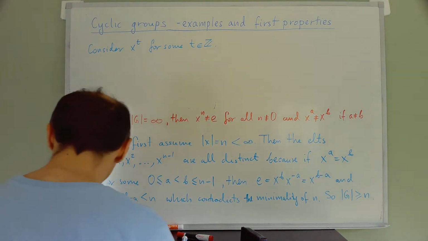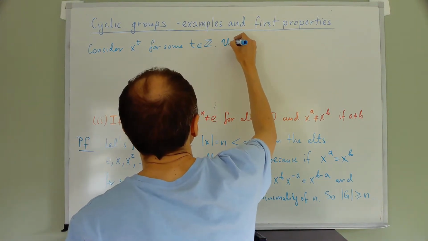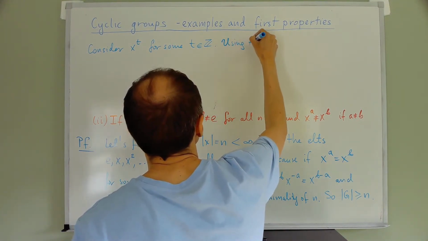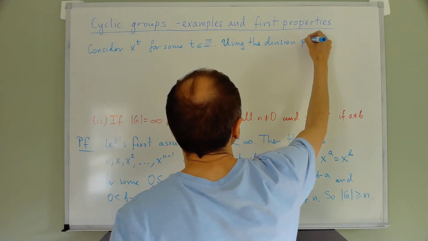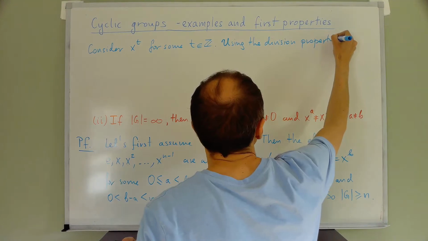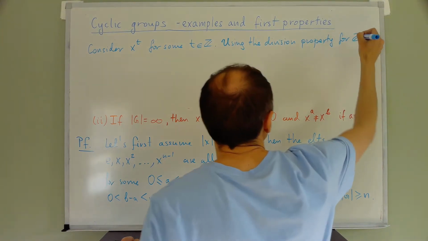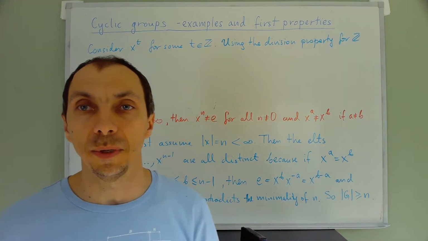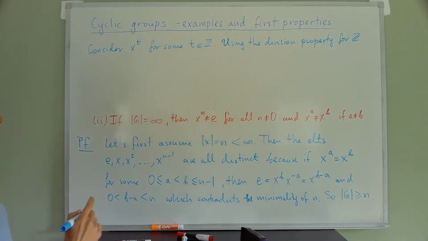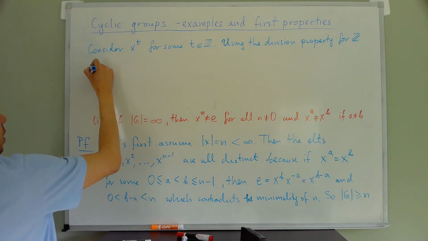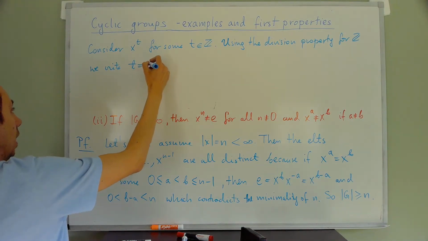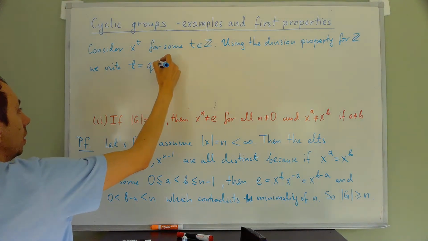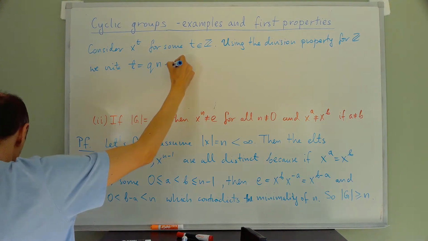So then, using the division property, look how this all comes together. For Z, this is some of the things we talked about at the beginning of the semester. I can write t as qn plus r,